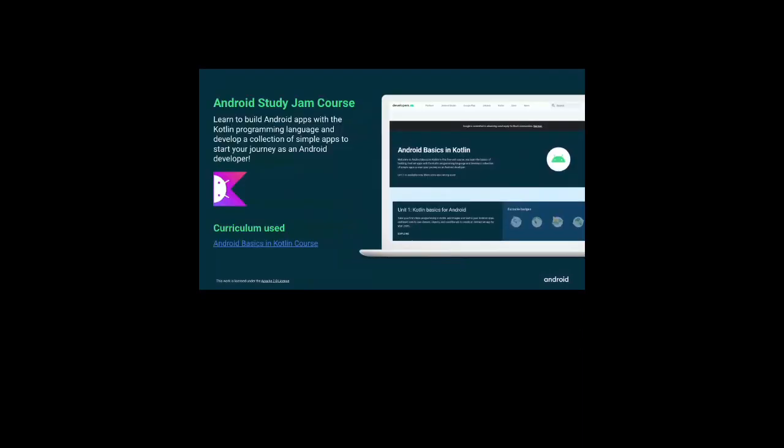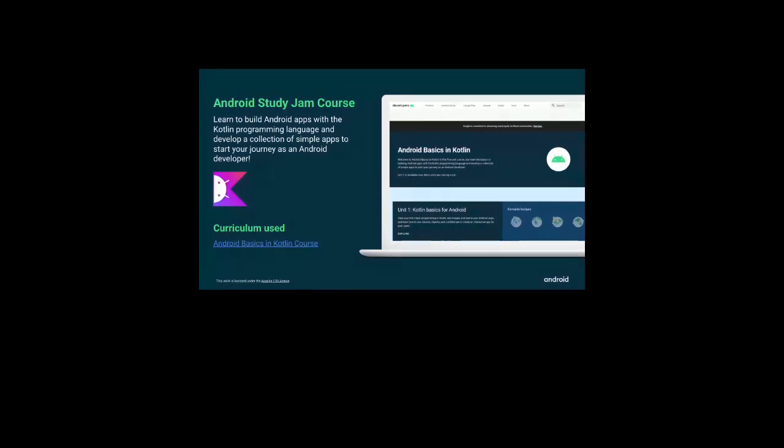Ahead is the Android Study Jam course. This is all based on one course, the curriculum given by Google for Android Study Jam, and this Android basics course. You can find this course on the developers website.